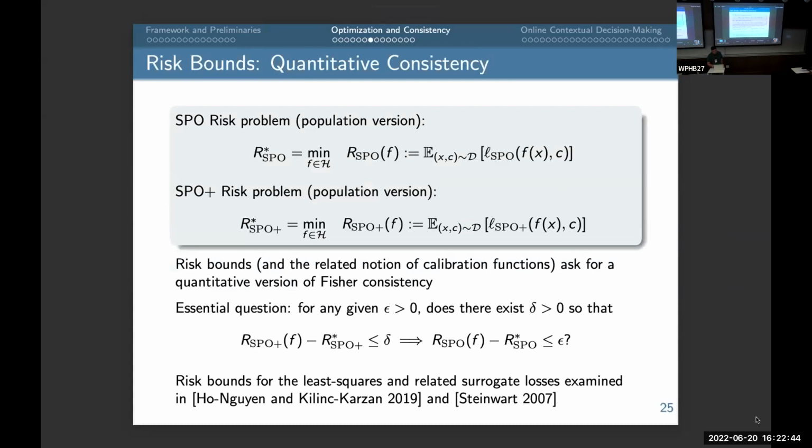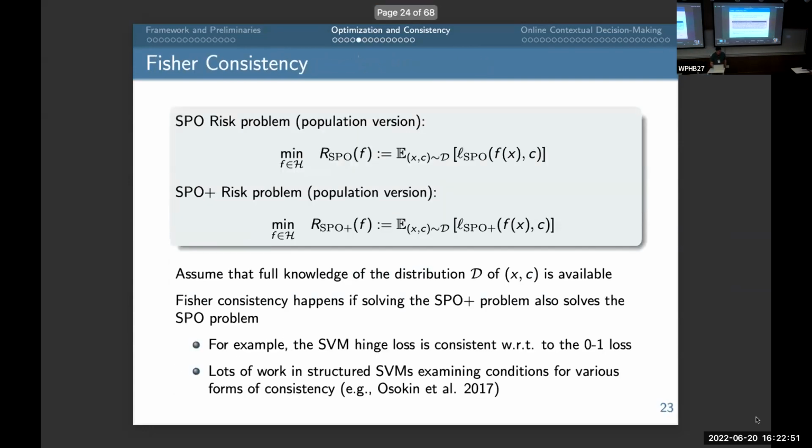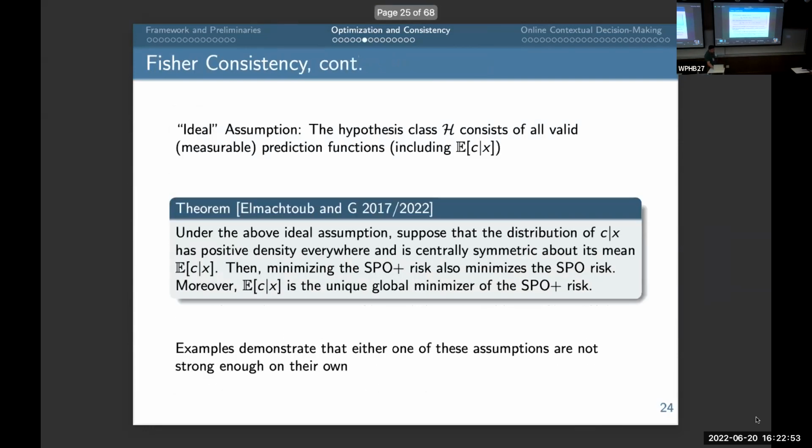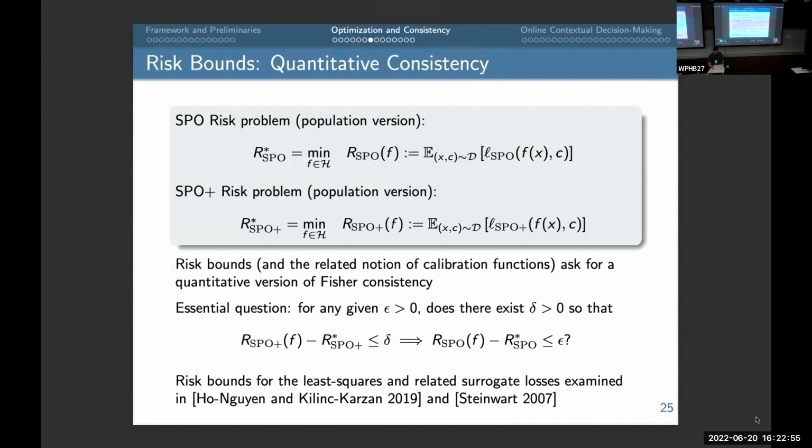In reality, you don't have that, right? In reality, you actually have a finite amount of data, which means that you can only solve the expected SPO plus problem to some finite precision, call it delta, right? So based on a finite amount of data, we can hopefully get the excess SPO plus risk to be less than or equal to delta. And so the question here is,